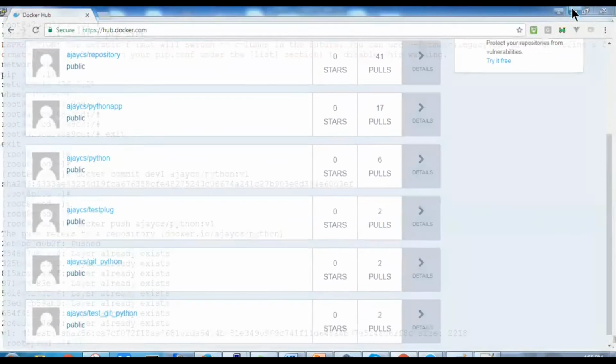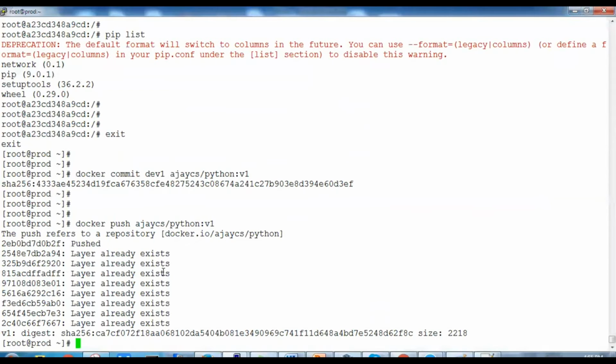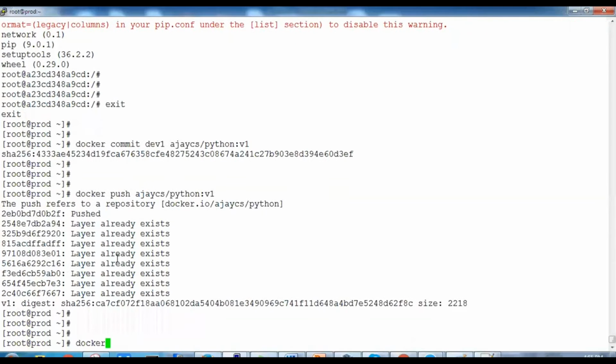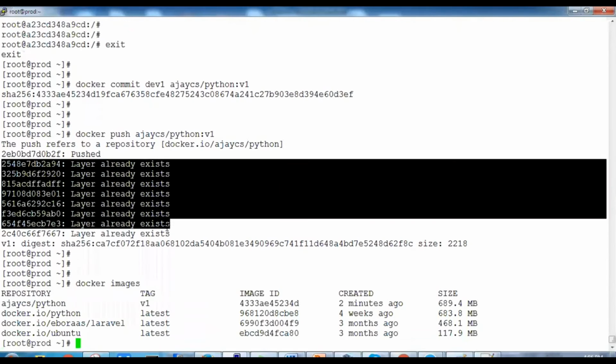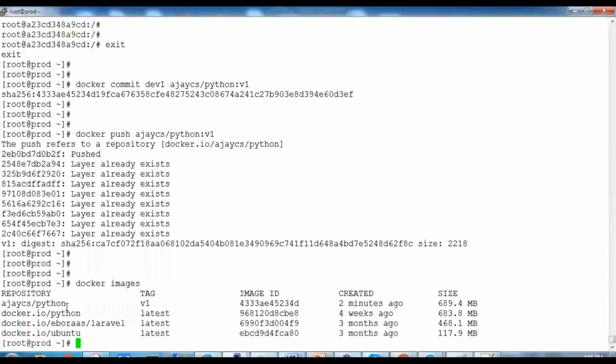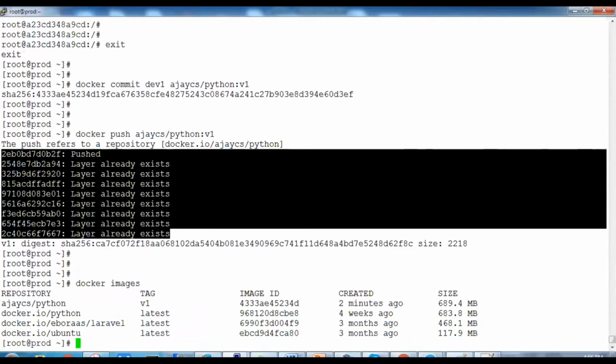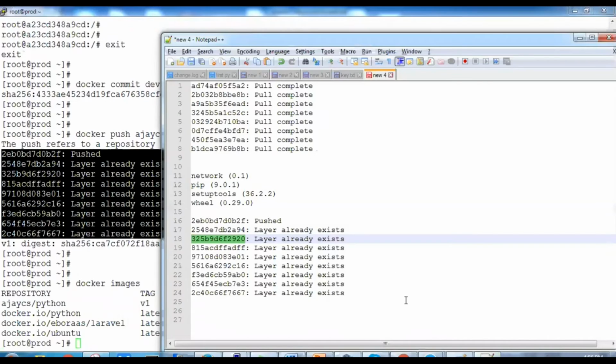So it says layers already exist, and that's fine. Now let's see docker images. Here we can see we have the latest and we have the v1, with latest having these layers and Python v1 having only this one layer. All right, so this is what we'll write here, already written.